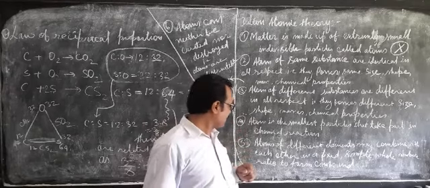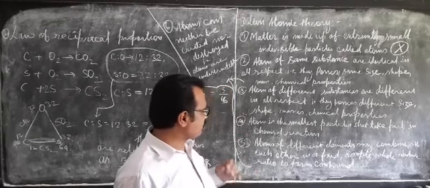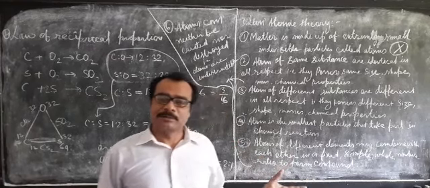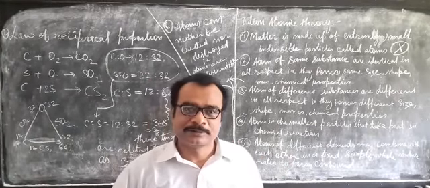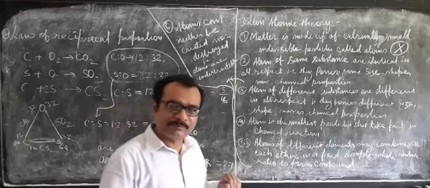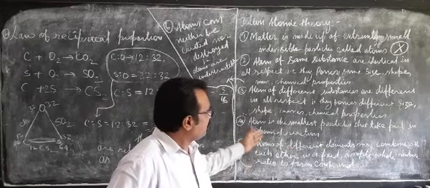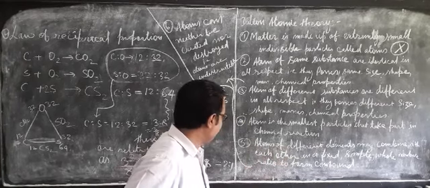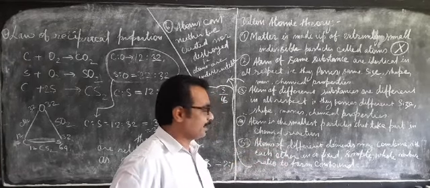Now the fourth one, what he said, is that the atom is the smallest particle that takes part in chemical reaction. Even today we know that the smallest particle which takes part in chemical reaction is nothing but the atom. And Dalton said this at a time when there were no laboratories. So the fourth one is also correct.